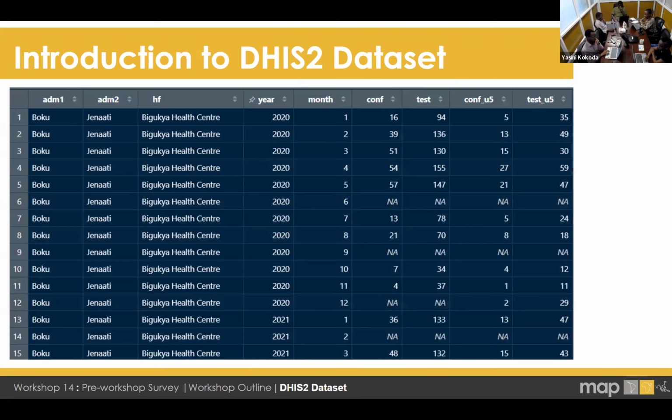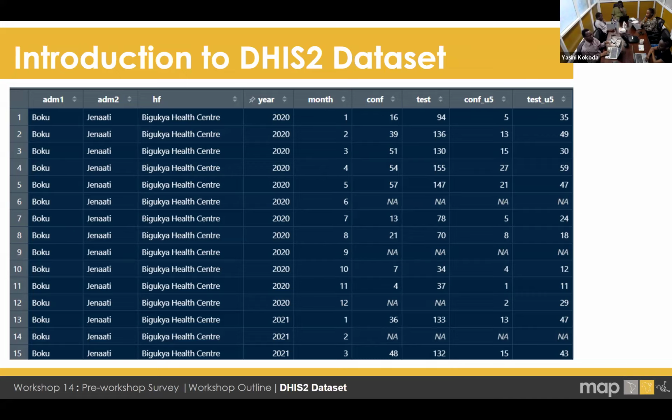Before we begin, because not everyone is aware of the DHIS2 dataset, which we are going to use in many of our examples, I thought it is good to have one slide to describe it. The DHIS2 system is the National Health Management System, used by different countries to collect their health information, including malaria. Because we are working on malaria, we mostly use the dataset for malaria, but it could be used to capture data for HIV, TB, and other diseases.